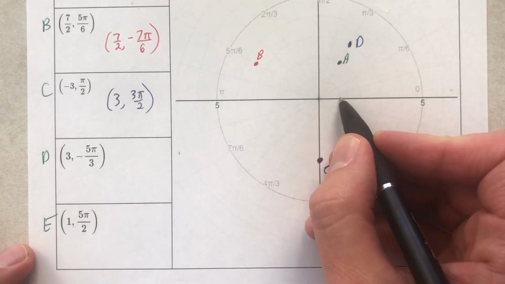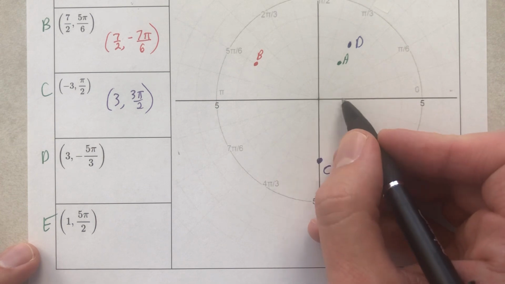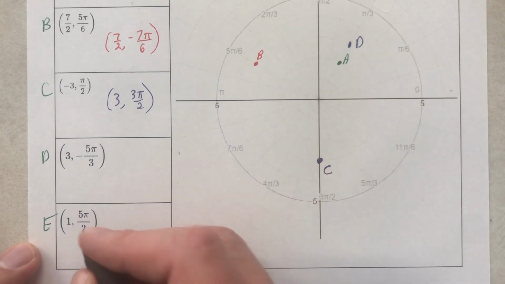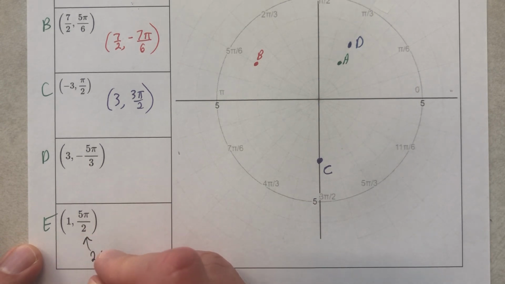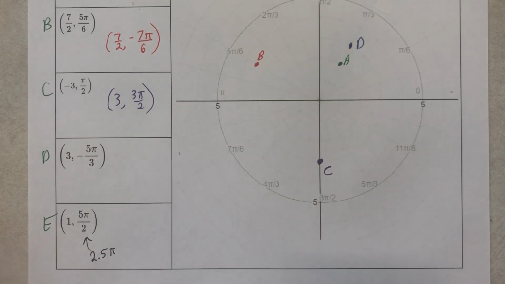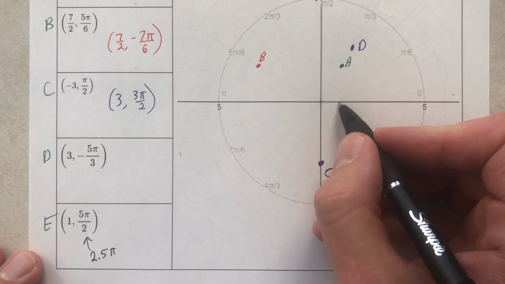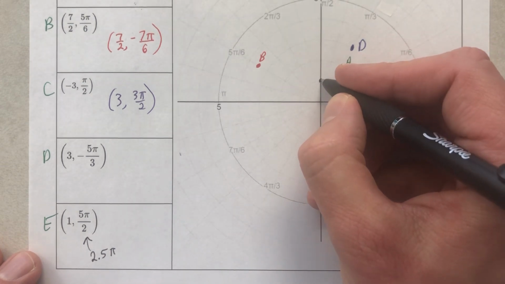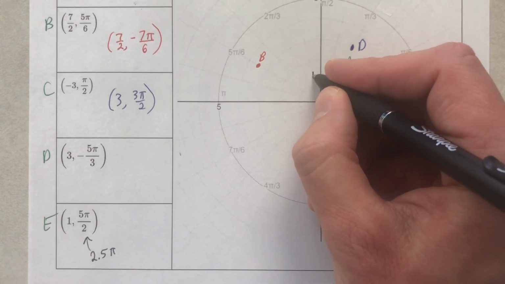So 1, so we're going to stay here, and we're going to move around 5pi/2. Well, 5pi/2 is 2.5 pi. Usually we don't use decimals with pi, but we'll go with it this time. So 2 pi would take me all the way back around to where I started, and then another 1/2 of a pi would take me right here. And so this dot right there is